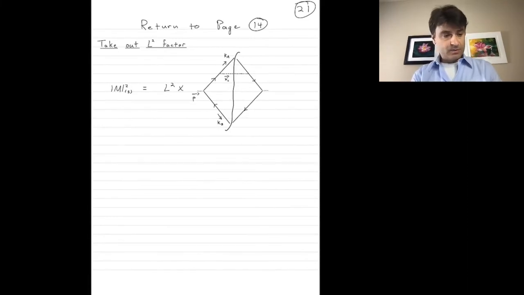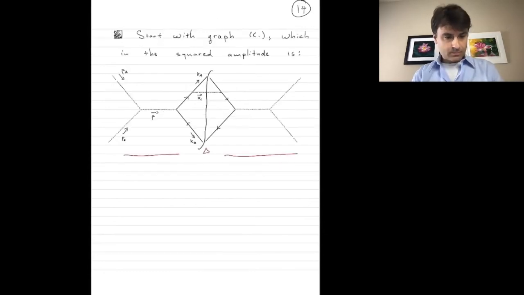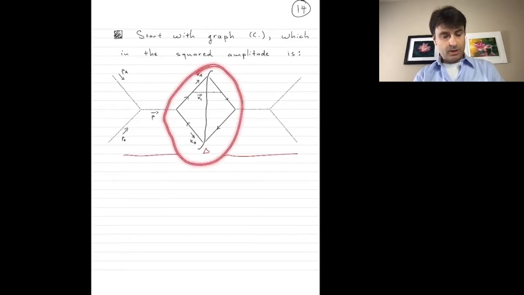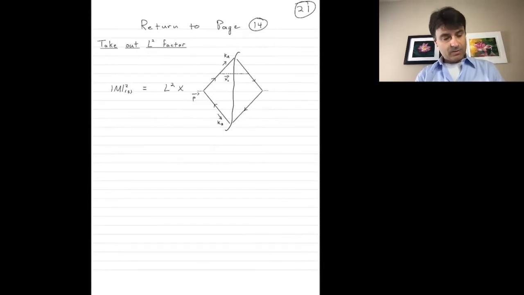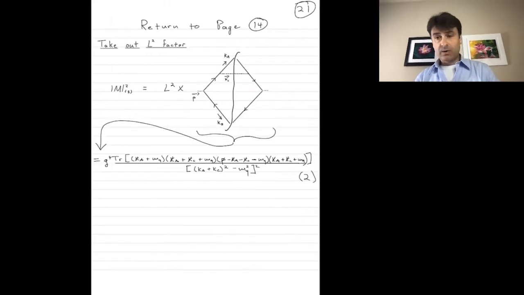So if I go back to page 14, recall what that is. Here's what that was. What I'm going to do is chop out this region right here. I basically copied and pasted that back over here. And everything else, remember, was just this L squared, and that was just g_s divided by s. So I don't need to worry about that right away. I can set that aside. Let me just look at this graph. And that we know how to calculate